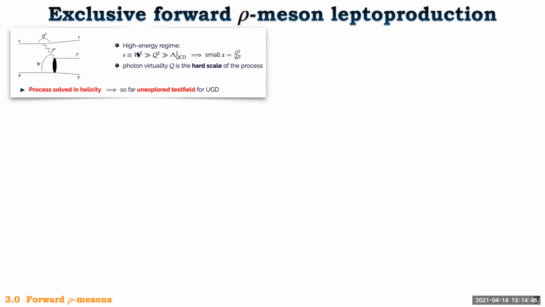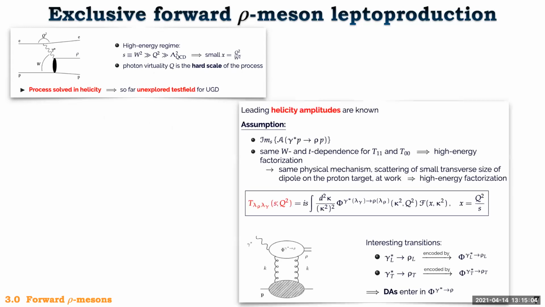in the high-energy regime, where we studied this process at HERA, and the high-energy regime is given by the small x, where x is given by the virtuality divided by W squared, and the photon virtuality, as I mentioned, as in DIS, is the hard scale of the process. The process is resolved in helicity, and this is a test field for the unintegrated gluon distribution. Why is it resolved in helicity? Because leading helicity amplitudes are known, and we can use the assumption that the imaginary part of the amplitude is the dominant part of the amplitude, and this is valid at small x,